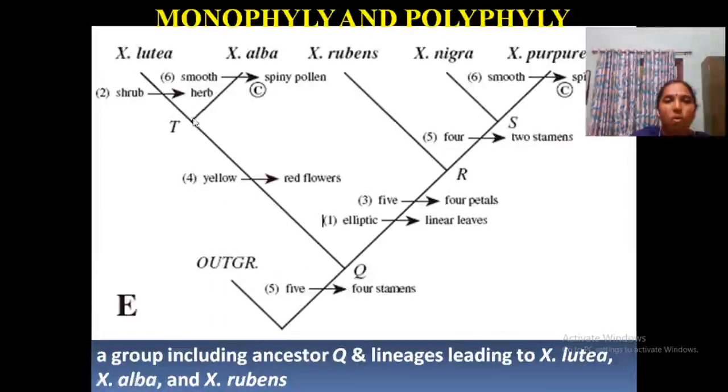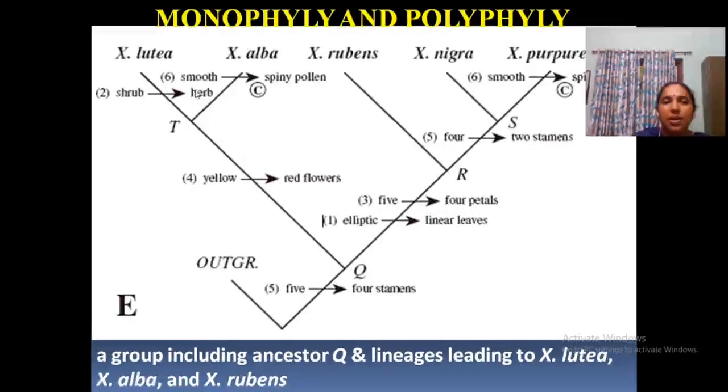Now, see, this is a common ancestor. These are the two descendants of this ancestor, and these two share a common ancestor, and these two are called sister groups. Now, I think you are familiar with outgroup and sister group. Now, see, from here a derived character, that is here it is 5 stamens in the outgroup. From here onwards a derived character, 4 stamens. So the first group Q, from this up to this, has the character 4 stamens, that is a derived character. Clear? And from here another deviation, that is flower color yellow to red.